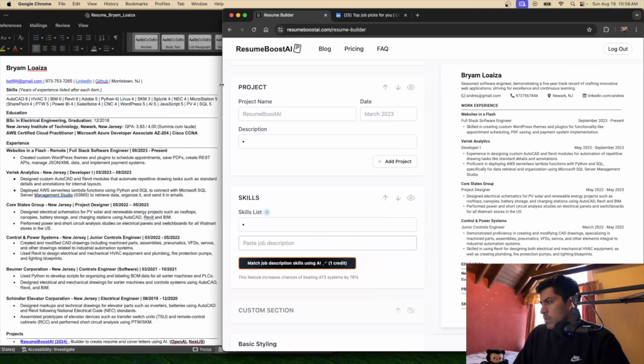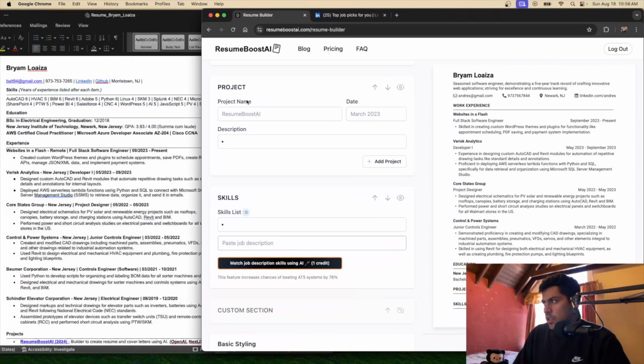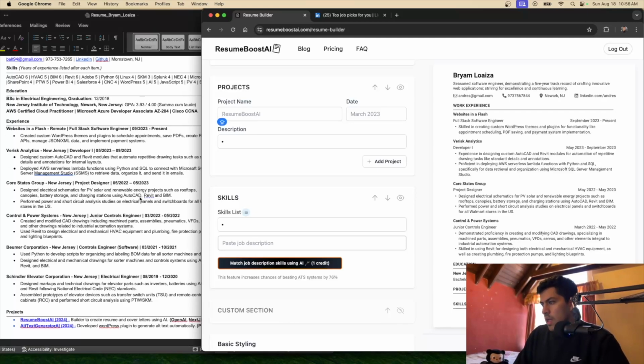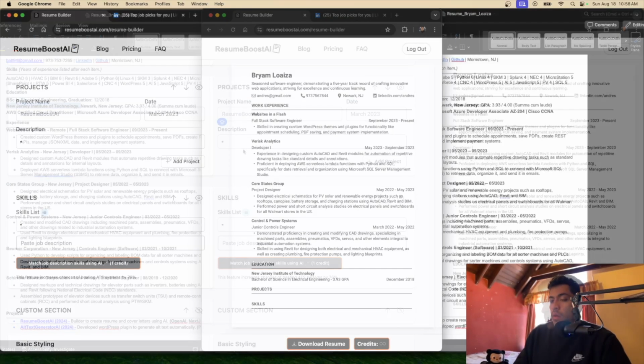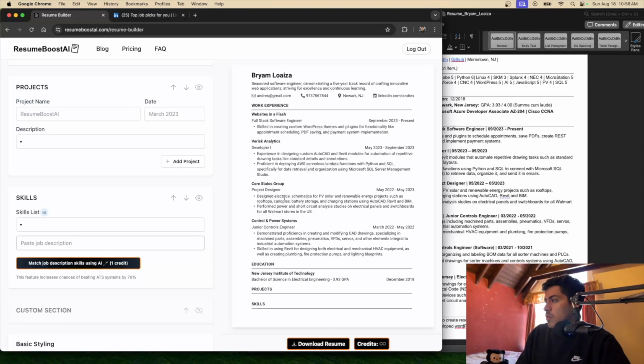Alright, so here you can see that it says project, but you can actually change the titles as well. So it could be like lowercase, uppercase. I like to keep it uppercase, and I'm just gonna put projects because I'm gonna add 2 projects that I have. Alright, so it was getting cut off, so I just moved this to the left, and I'm just gonna add the projects here. So Resume Boost AI, which is the name of this website, is one of the projects,